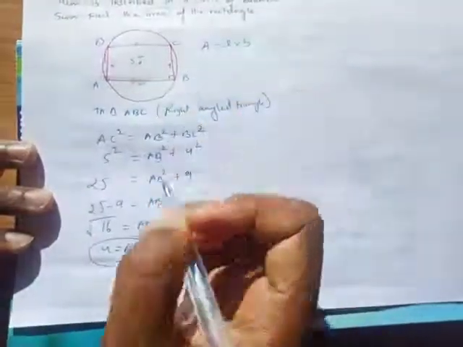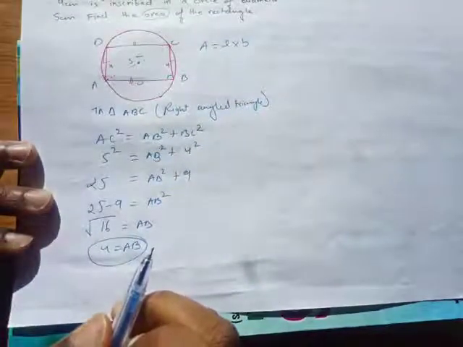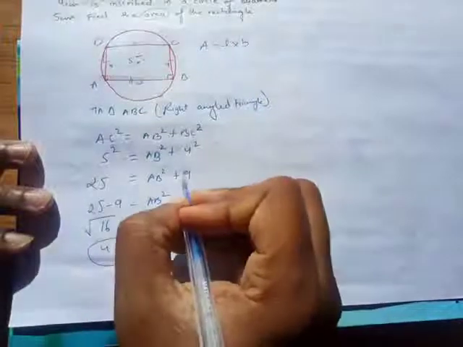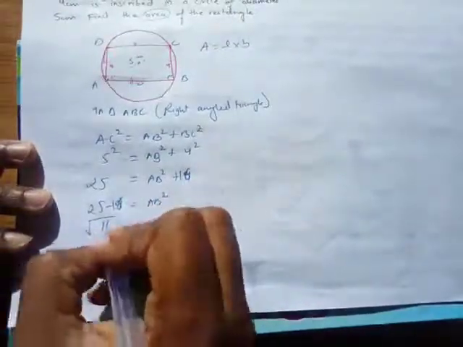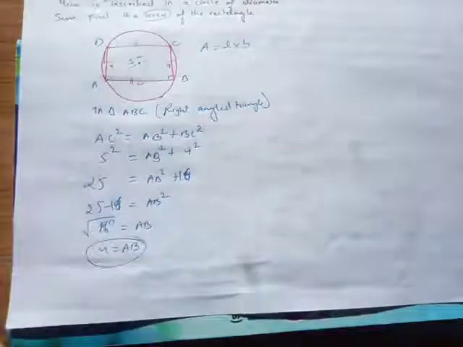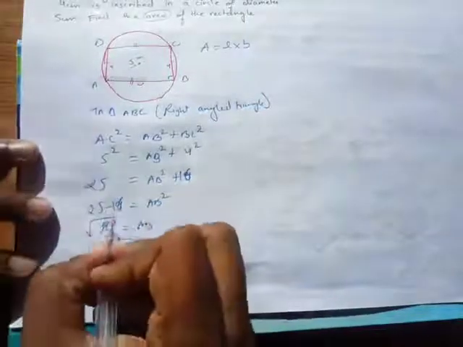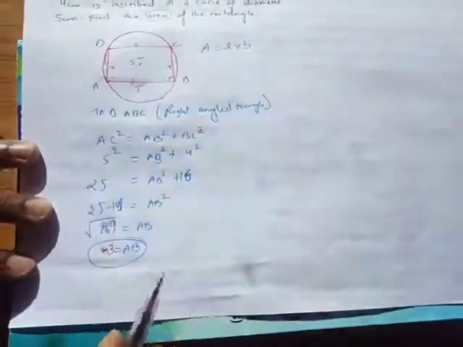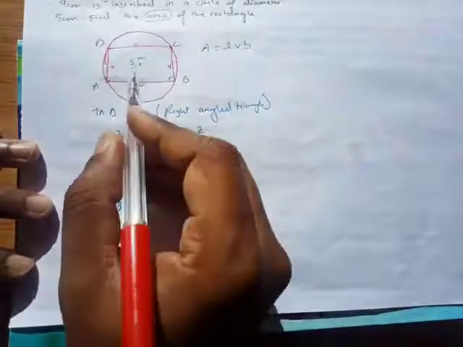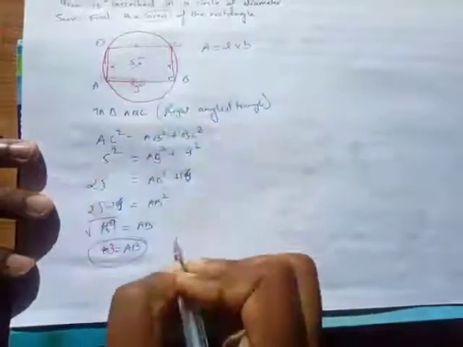Just a second. This is going to be 16. Yes, 16. This is going to come 9. Okay, sorry for that. And AB is going to come 3. So AB will be 3 for me. Now if I got this length and this length, I can easily find the area.